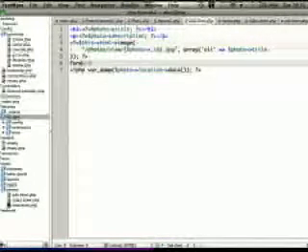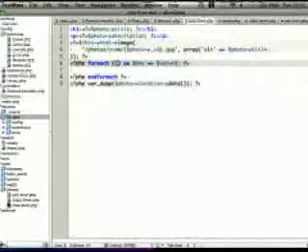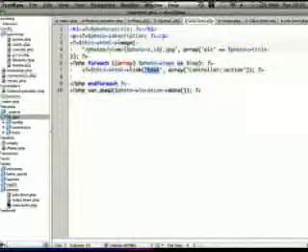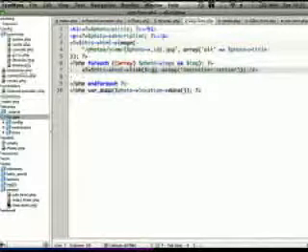So now to actually display the tags, we'll go for each array, photo tags as tag. And then we'll output the tag as a link to photos